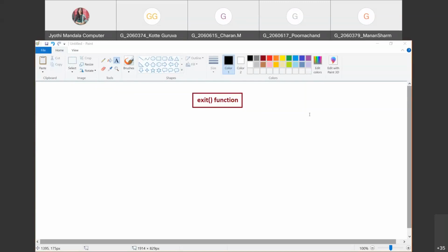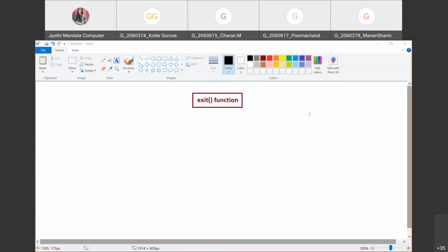So you need to keep in mind, the name itself, exit, says we need to come out of the program. That means we want to terminate the program immediately. Normally, how we terminate our program is we compile the program and execute it to check the output, to give the input and to get the output displayed. That is a normal procedure.